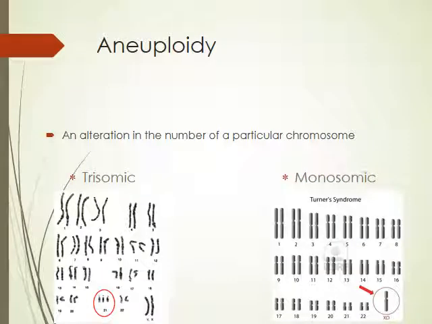The final category, back to Down syndrome, is aneuploidy. Here you have an alteration in the number of a specific chromosome. For Down syndrome, you're termed trisomic because there are 3 chromosomes. Everything else has 2. One of them has 3. So that's trisomy 21. You might be monosomic. What does mono mean? 1. In this case, you only have a single chromosome. In this case, there's a single sex chromosome. So it's monosomy X. What is Turner syndrome? We'll look it up later. In fact,